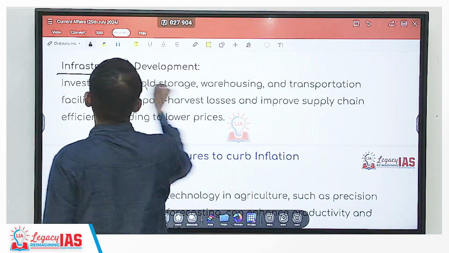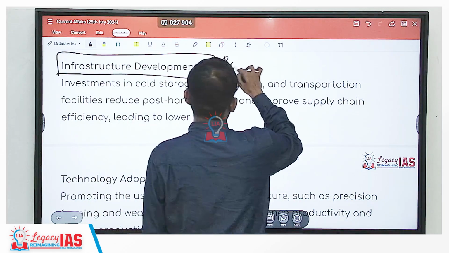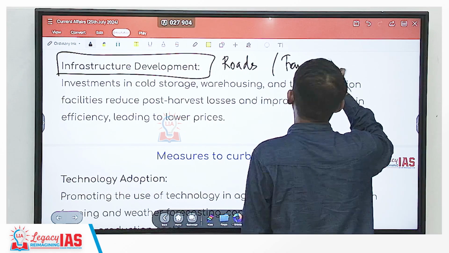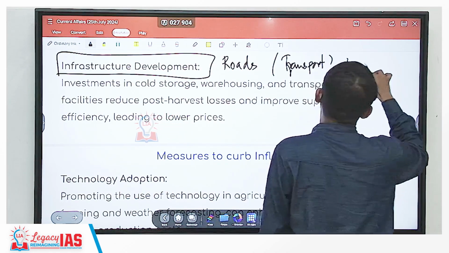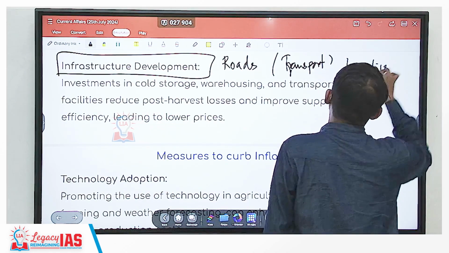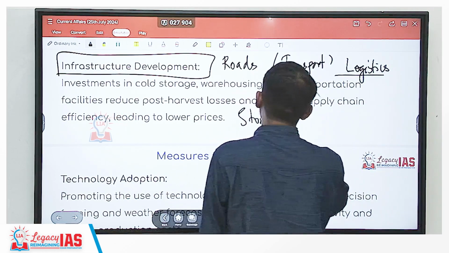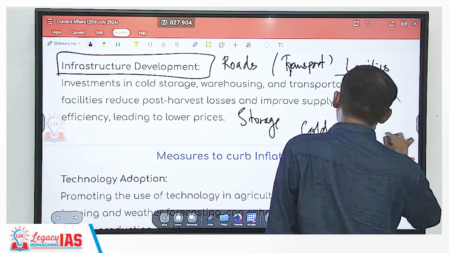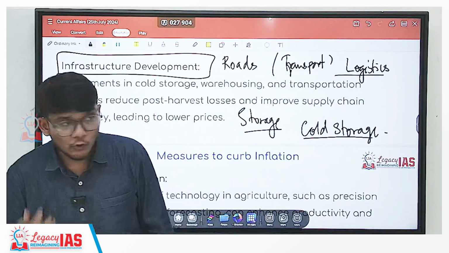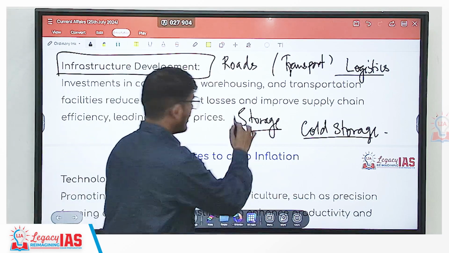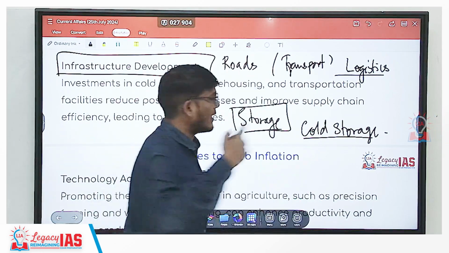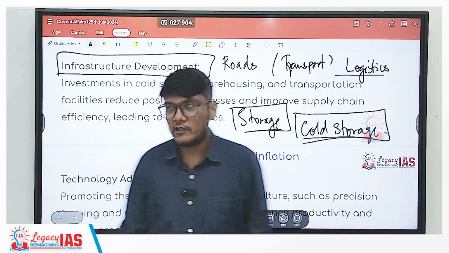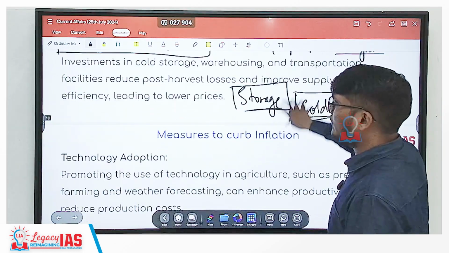Plus infrastructure development. When you talk about infrastructure development, we talk about roads, we talk about things related to transport, or rather the generic term would be logistics, right? Not just that, storage facility, especially cold storage facility. See, because a huge amount of produce is lost as wastage also. So if storage is there, that will not happen. Fruits, vegetables, etc., and various other things may require cold storage, so that is also very essential. So storage facilities, infrastructure development and all is required.